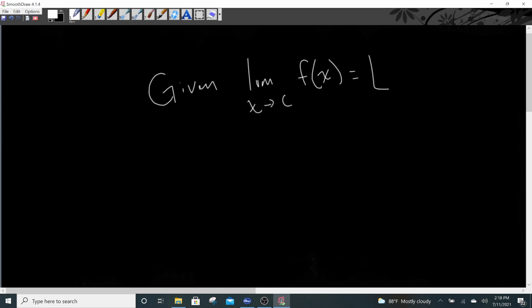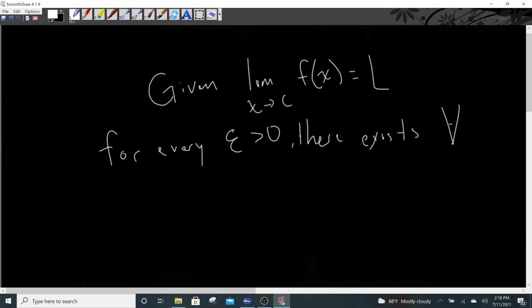And this says that for every epsilon, I'm going to write it as a backwards 3, that's greater than 0, there exists, I would use the math way of writing that, but I just want to make sure that you can fully understand what I'm saying. There exists a delta greater than 0 such that